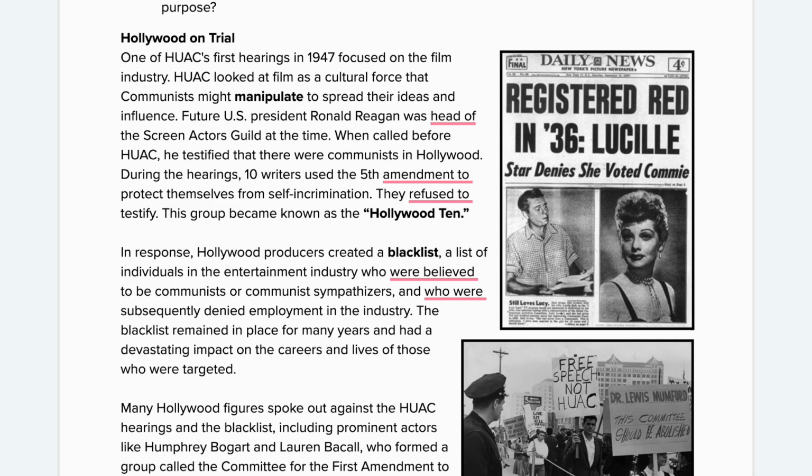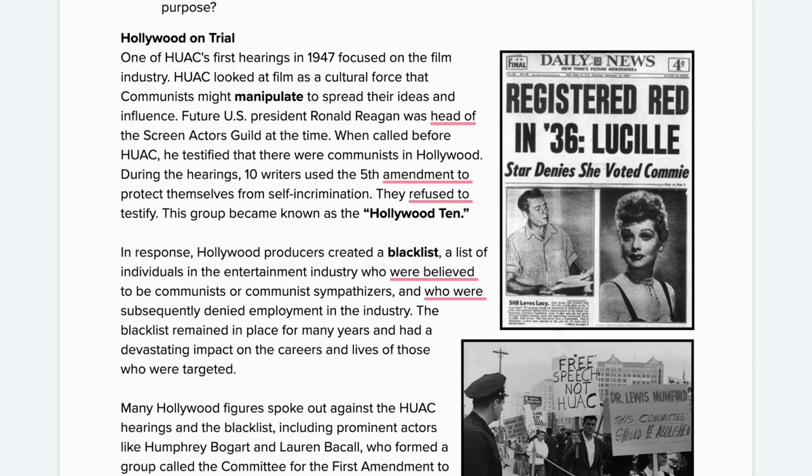During the hearings, 10 writers used the Fifth Amendment to protect themselves from self-incrimination. They refused to testify, and this group became known as the Hollywood 10. In response, Hollywood producers created a blacklist, a list of individuals in the entertainment industry who were believed to be communists or communist sympathizers, and who were subsequently denied employment in the industry. The blacklist remained in place for many years and had a devastating impact on the careers and lives of those